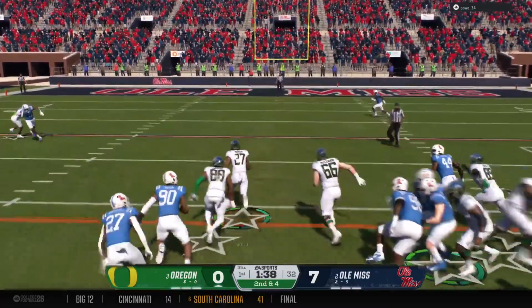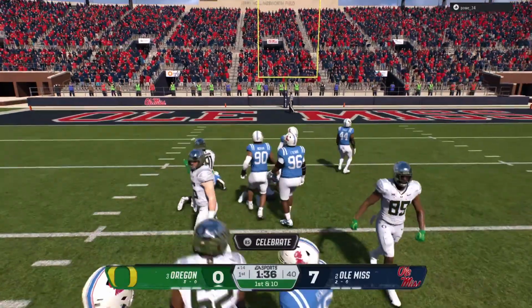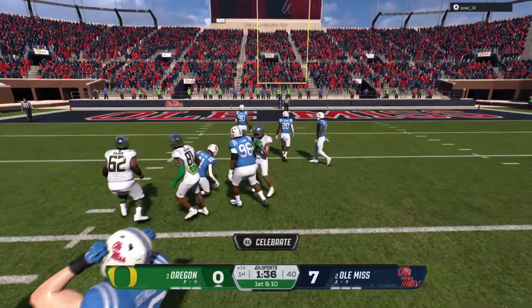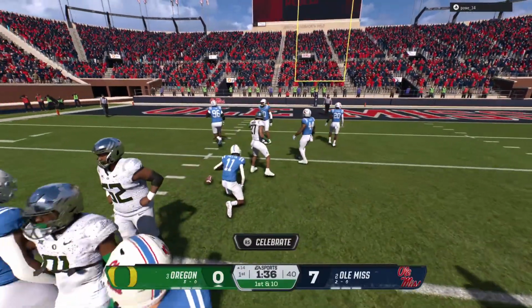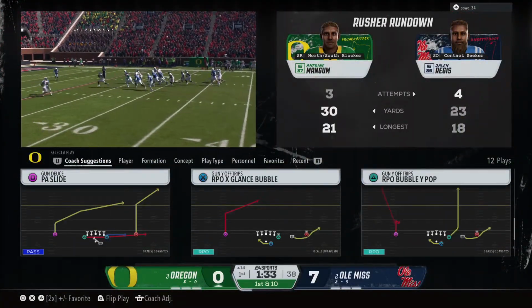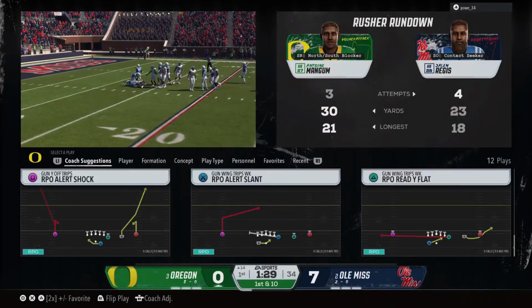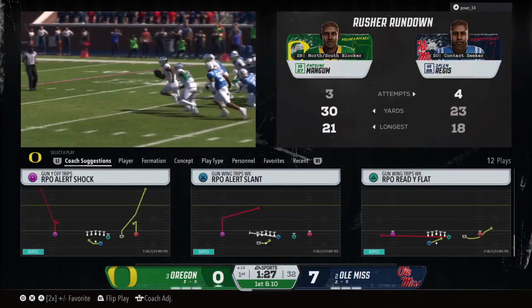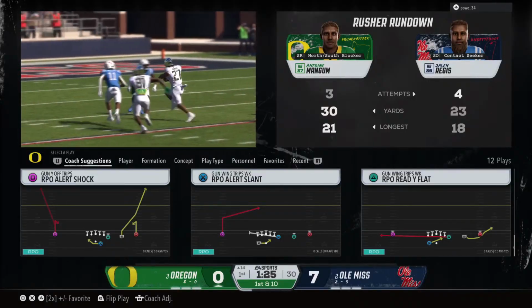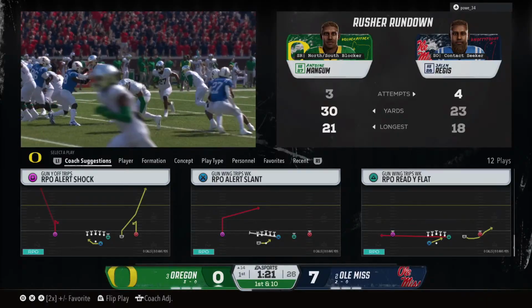They'll run it here. Finding some room at the 25. They finally make the tackle, but he gets all the way to the 14. Big runs like this are just demoralizing for a defense. It's one thing to give up big plays over your head against the pass game. But when teams can run the ball and pick up yards like this, it really affects the team's mental psyche and their confidence. And you'll start to see some missed tackles following a play like this.